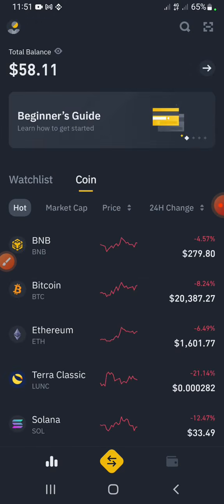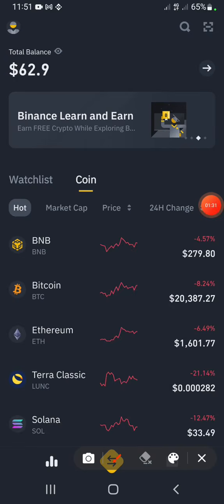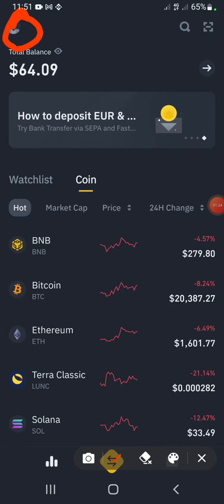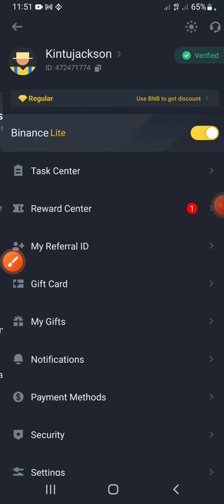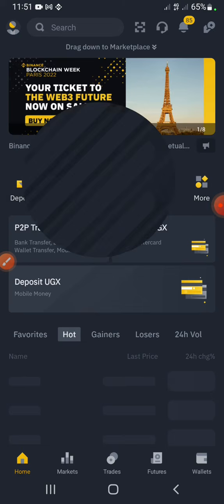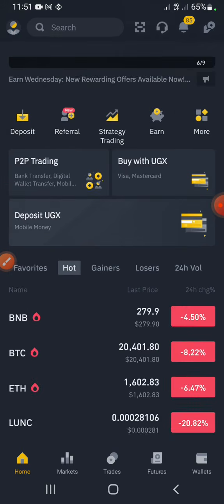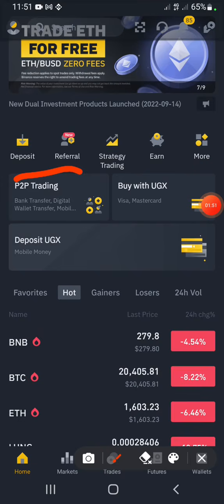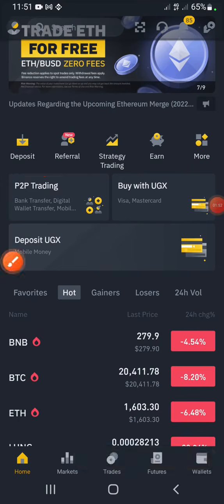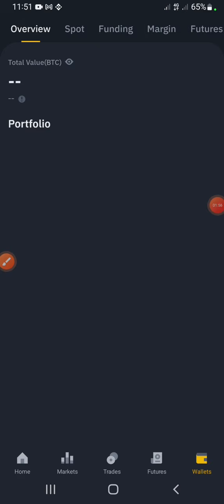Binance Lite. To do that, you need to switch to Binance Pro. You just have to hit on this sign of account right there, then you switch to Binance Pro. So this is Binance Pro right now. If you want to withdraw, we are just going to use the P2P trading, right? But to do that, you have to take note that